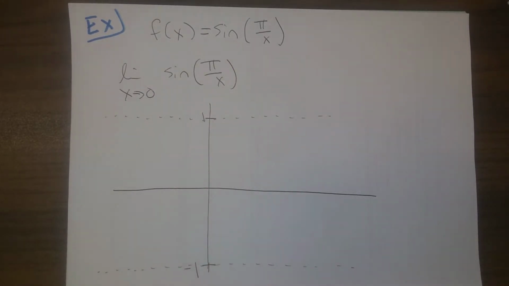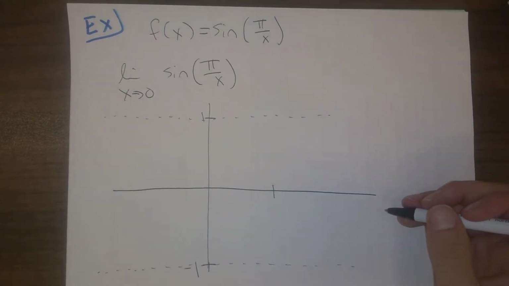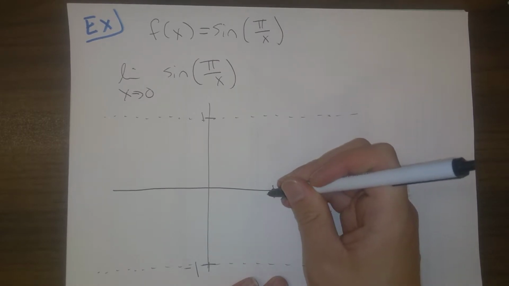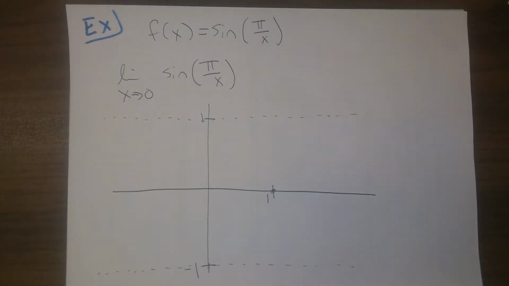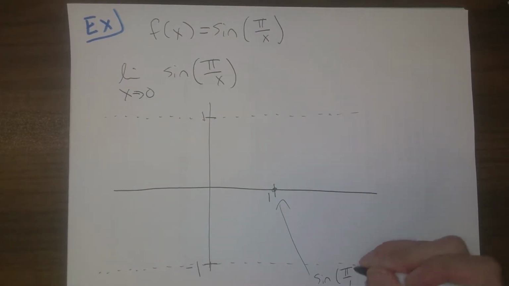So this function, sine of pi over x, is always going to stay between 1 and minus 1. But some kind of weird behavior is going to happen. Let me draw what happens. So here, let's say this is 1. So when x is 1, this is sine of pi over 1,